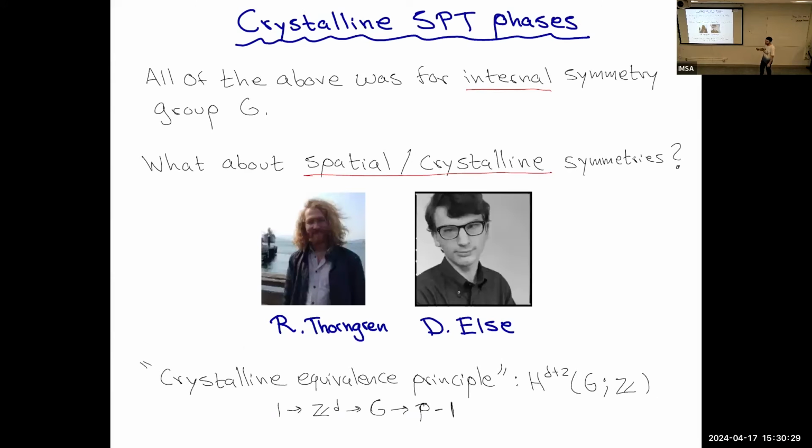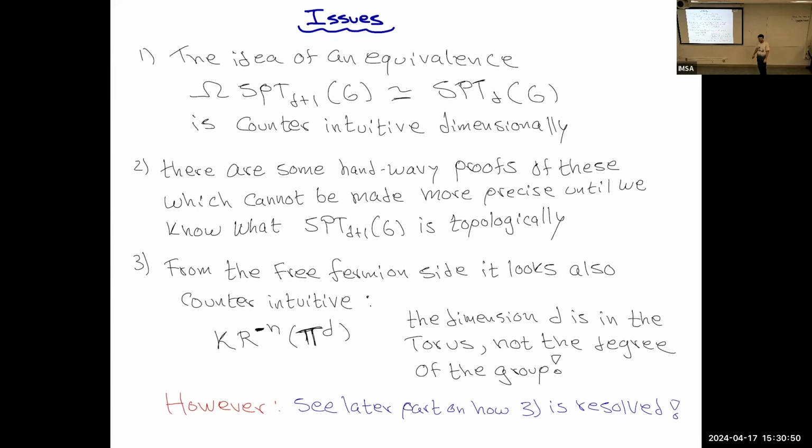Are there any questions? Is the hand wavy proof you're talking about, is that like the Else, Thorngren, or Kapustin proofs? No, I mean that's one proof that they use something like defects. I think that's the one that I understand more. There are other ones. For example, Xiong has one where they use a Thouless pump picture of it, and they go back and do some computations, and I don't think they're wrong, but I think it hasn't been embraced by the mathematical community because it's hard to translate. I'm not saying they're necessarily wrong, but I'm just saying these things are kind of a bit counterintuitive. Okay.